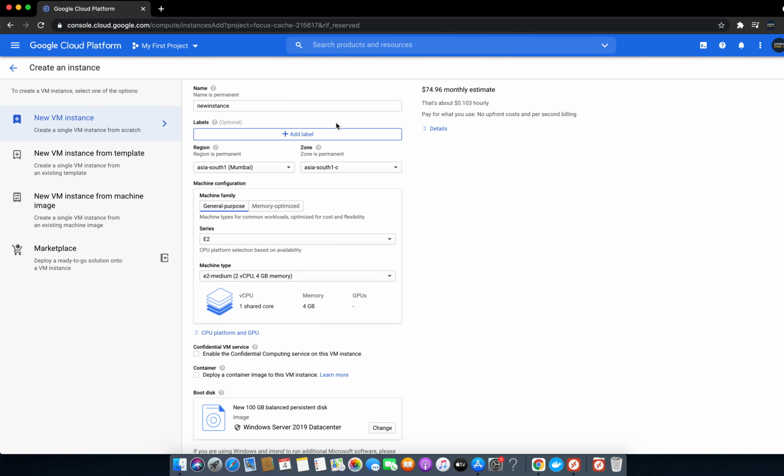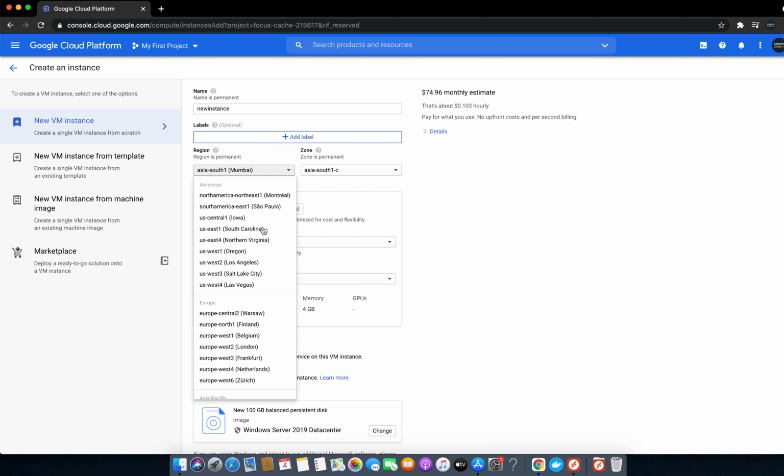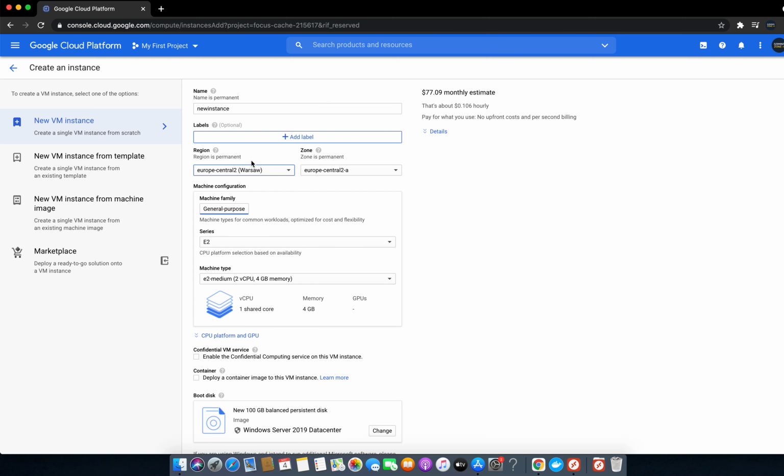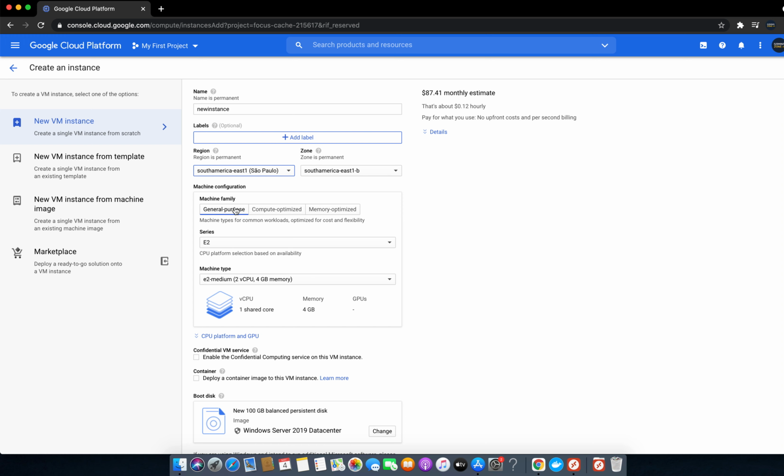And if we want to choose a high end CPU, it is not available in Mumbai, so we will click on Hong Kong. It is also not available here. I will go to South America. Yes, it is available in South America.